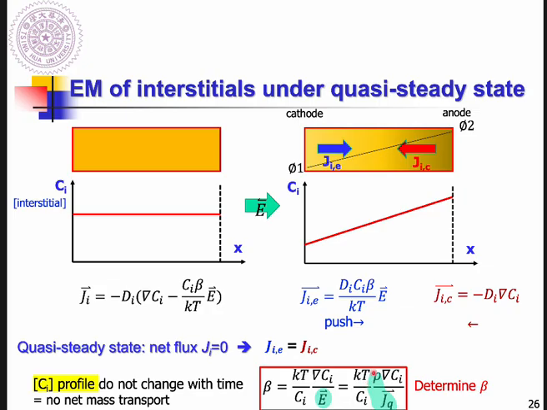The temperature, I know. The conductivity of this material, I know. The concentration gradient, I can measure that. And the concentration of this interstitial, and the current density, for sure, can be measured. So under this situation, I can determine the magnitude of beta and also the sign, positive or negative. So the experiment idea will be, in order to check whether the system reaches quasi steady state or not,